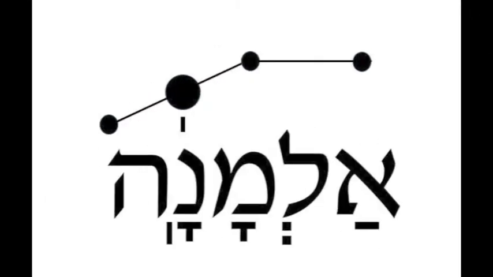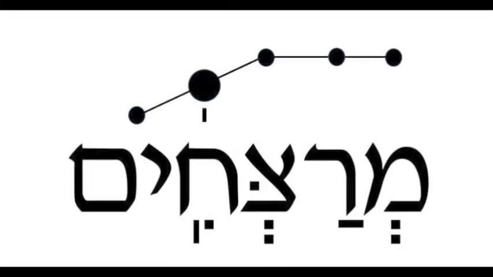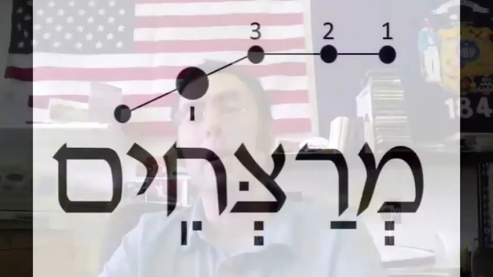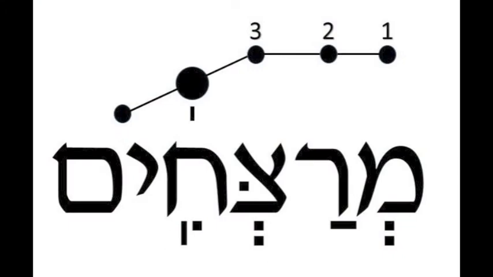Almanah. Meratzechim. Notice that in this last word there are 3 syllables before the accent. Therefore, the diagram is extended at the beginning by adding an extra dot. Again,